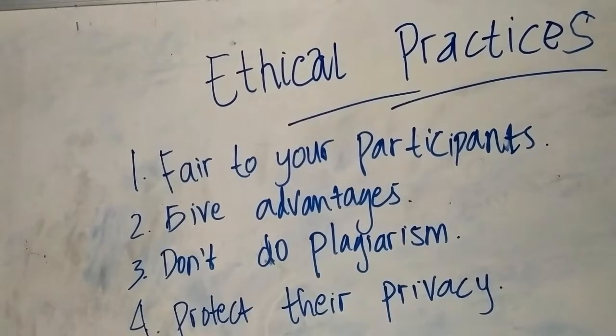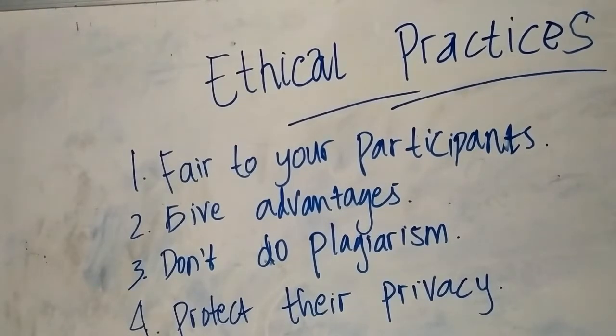And then give advantages. Give benefits to your participants, like make them feel that their participation in your research is useful for them and also for you. And give advantages to other people,